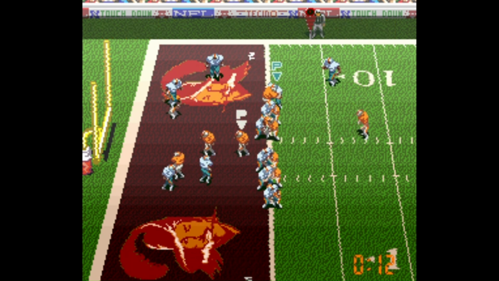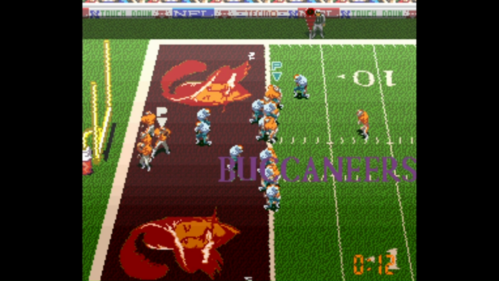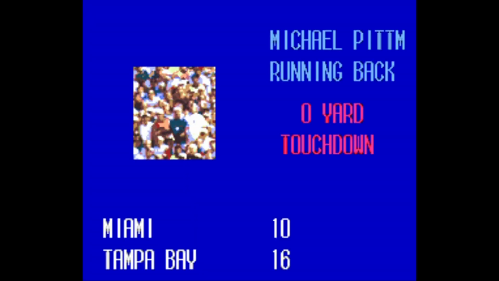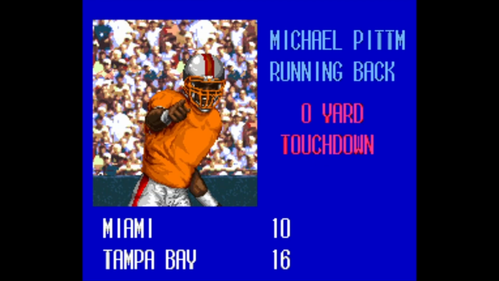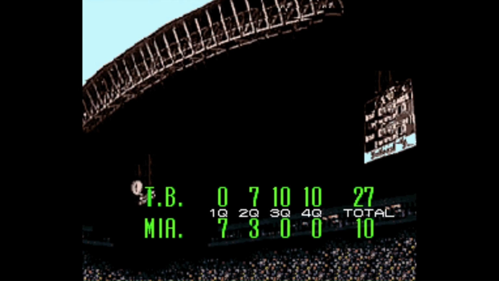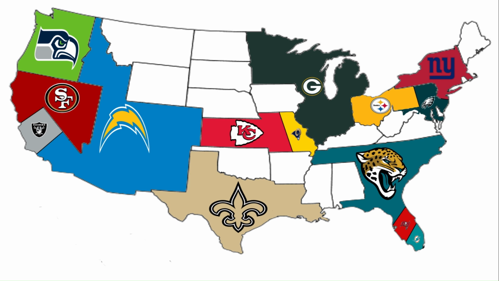From the edge of the goal line, Michael Pittman will score this touchdown for the Buccaneers, giving them a 17-10 lead. And from here, the Bucs did control the game, scoring 10 in the third and 10 in the fourth, coming away with the 27-10 victory. This Buccaneers defense is so good that it's almost surprising that they gave up 10 whole points in a half. They will take over the Dolphins' territory, and now they're in the same position as the Dolphins. If they get chosen, there's only one place for them to go.